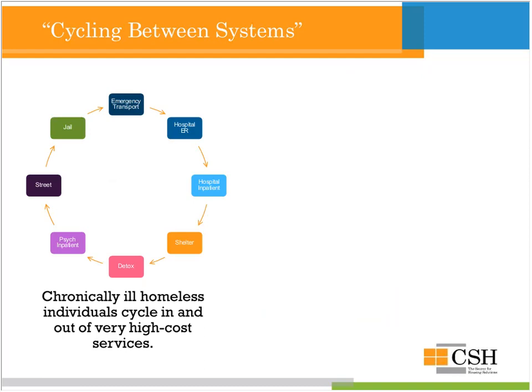They're often not in one system long enough for outreach workers or programs to reach them and treat them with effective services. Typically, they'll slip between the cracks of traditional outreach approaches by health centers, and they also go uncounted in community homeless counts due to their institutionalization. These individuals very often have serious physical and behavioral health needs that would benefit from a connection to the primary and behavioral health care available from health centers nationwide.